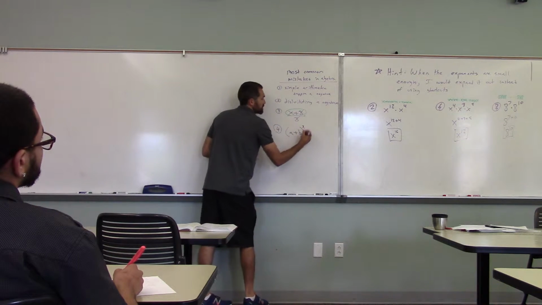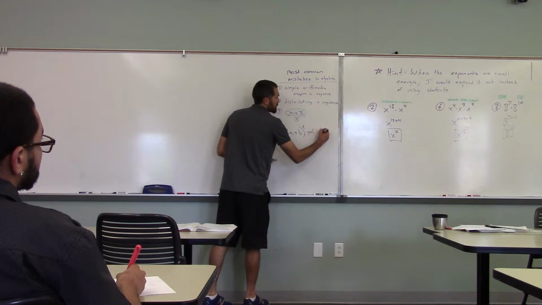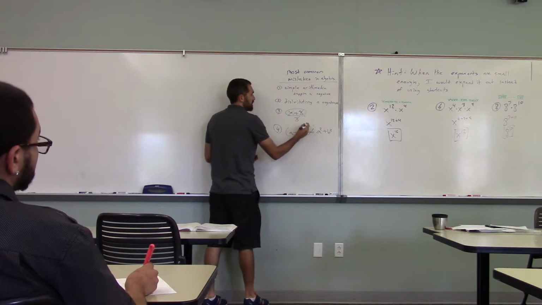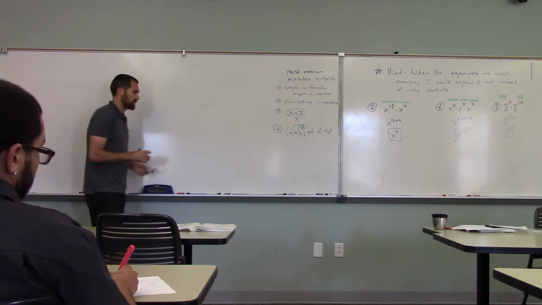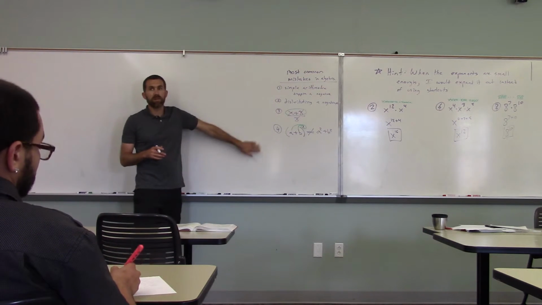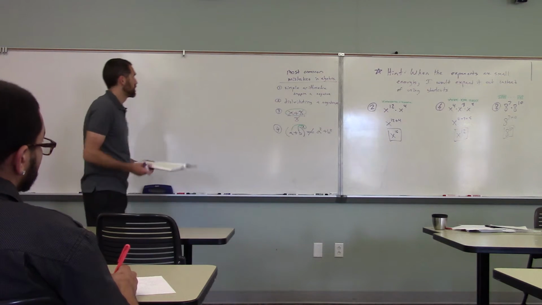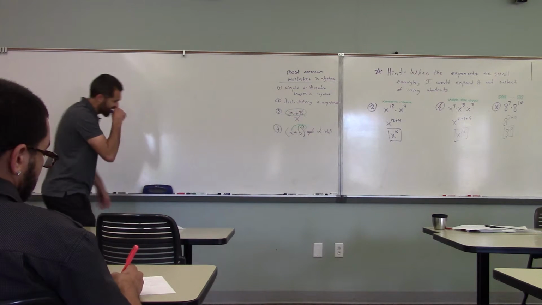If you have a plus b squared, that is not equal to a squared plus b squared. People think they can distribute this power, and that's what we're going to talk about right now. Alright, so all of these 4 mistakes come up on every test over and over and over and over and over. Okay? So, the next one is